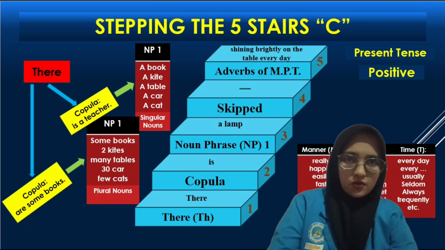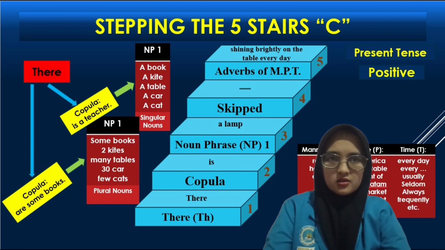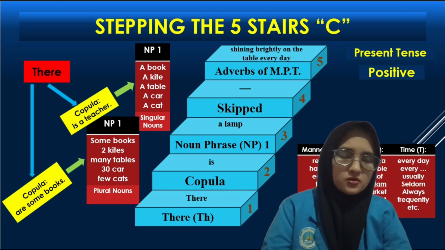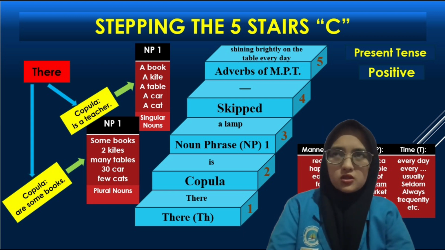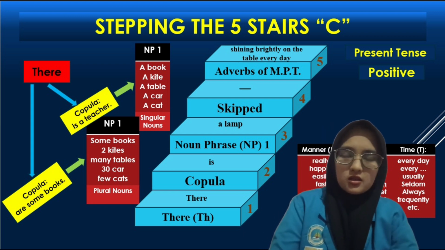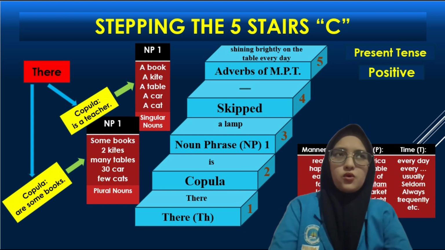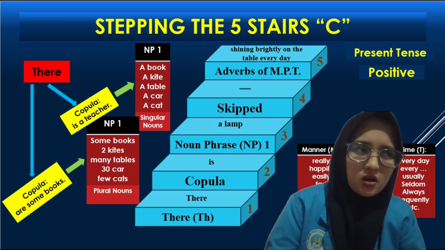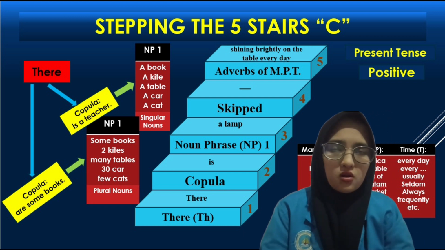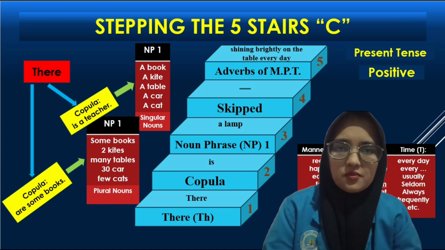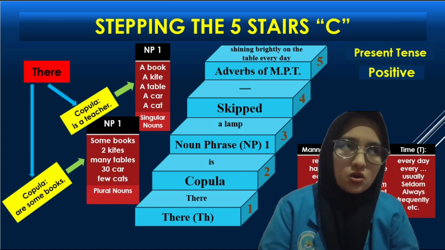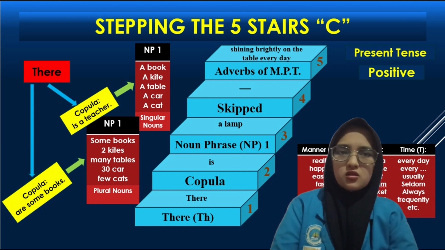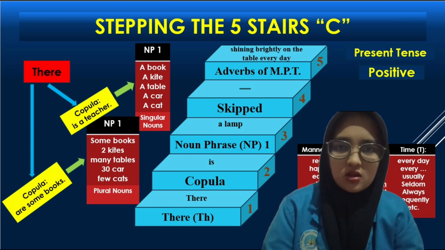Here I'm going to explain how to use there is and there are correctly in sentences using a simple 5 steps guide called Stepping the 5 Stairs C. This helps you form positive, negative, interrogative sentences in the present tense. And why do we use there? In English, we often start sentences with there when we want to introduce something new or say that something exists or is located somewhere. Using there makes our sentence sound more natural and complete, especially when the real subject comes